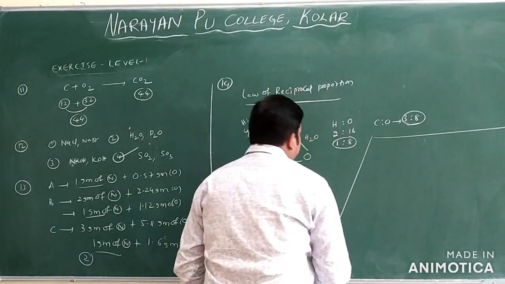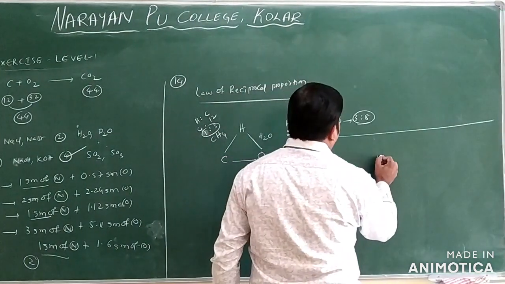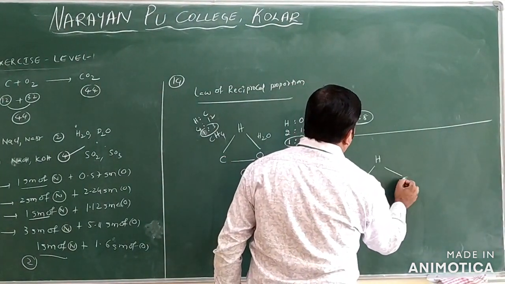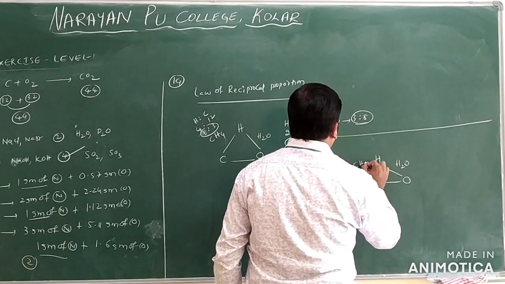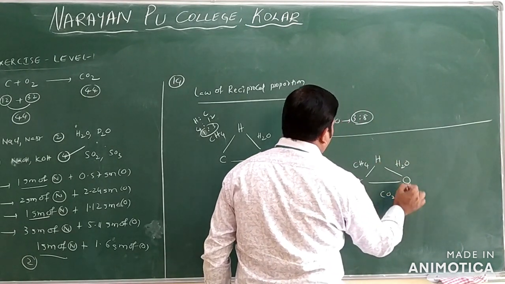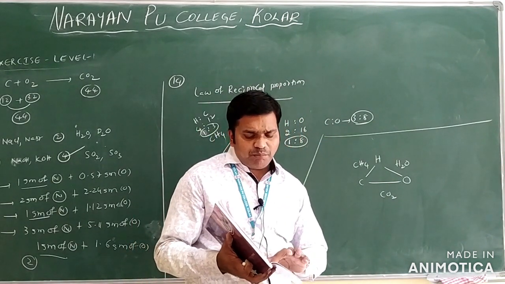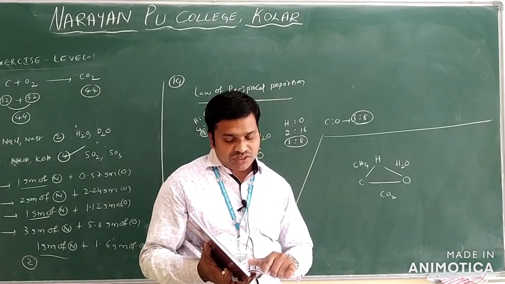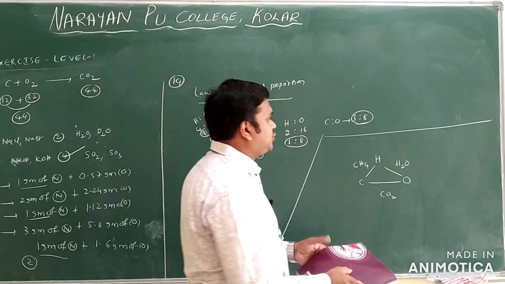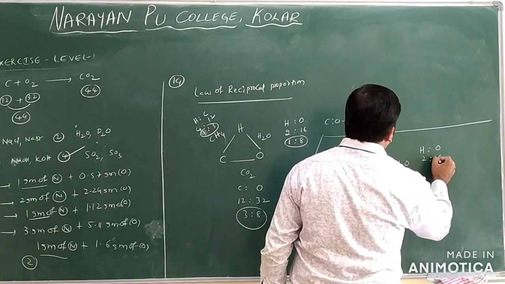Now you see the question, what they are asking. Again I will write this one. Hydrogen, carbon and oxygen: for hydrogen and oxygen we have H2O, for hydrogen and carbon we have CH4, and for carbon and oxygen it is CO2 only. Now the question you can see. Hydrogen combined with oxygen to form water in which 16 grams of oxygen combined with 2 grams of hydrogen only. If we take hydrogen and oxygen ratio, this is 2, and it is given 16 only.